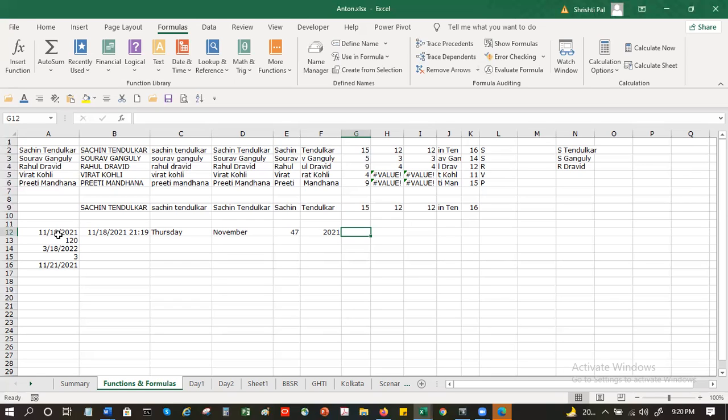So if I were to see the exact number of day, what day of the year 18th November 2021 is for this year, will I be able to find it out? That has a slightly different way of finding it out.